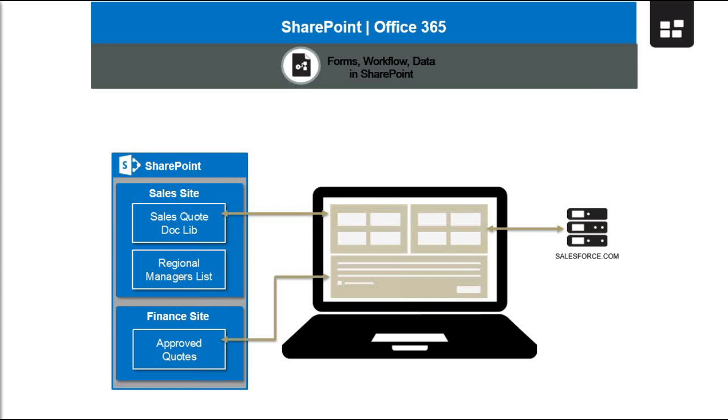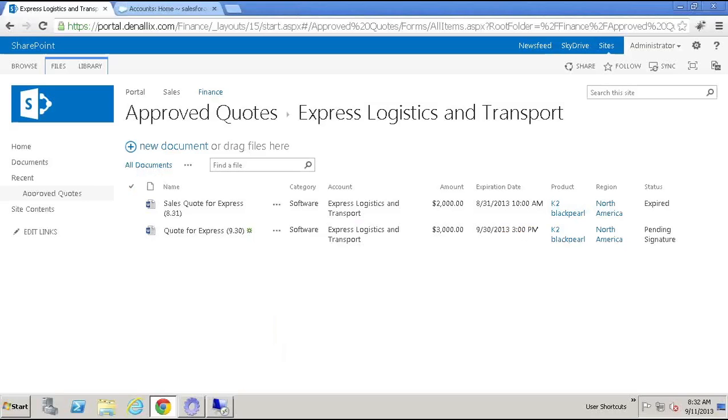And so what we're going to do is take that approval view, switch it over to these smart forms, and then start pulling in some things from our line of business system, salesforce.com, to show the details about the account, and then from that finance site be able to show our list of approved quotes. It's not really possible to build this type of form in the standard SharePoint tooling, and as Adriaan mentioned, other form technologies require a lot of jQuery and JavaScript, which I'm not very good at, so let's go ahead and use K2 Smart Forms. So I'm going to jump back into our lab, into our SharePoint site,